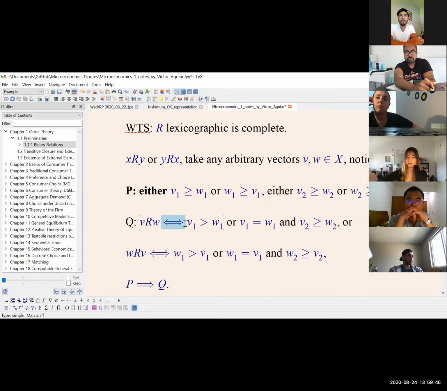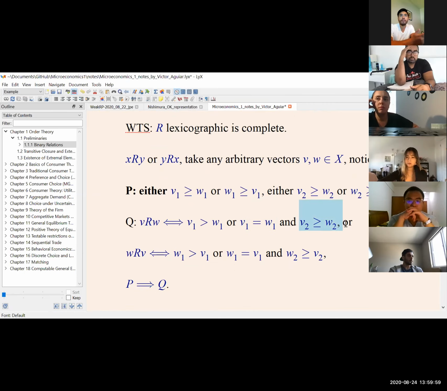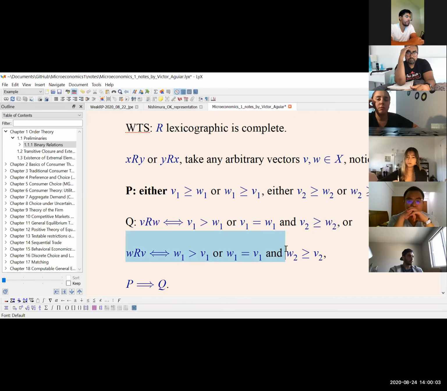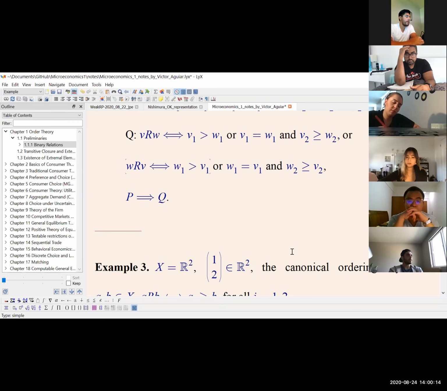So this is the symbol of equivalence, if and only if. V is in relation with W by the lexicographic order just means that V1 is strictly greater than W1, or the first entries are equal and then the second entries are ordered, V2 greater than or equal to W2. And the second one is analogous: now W has the bigger first entry, or when the first entry is equal, the second entry W2 is greater than or equal to V2. Okay? So in order to prove this,